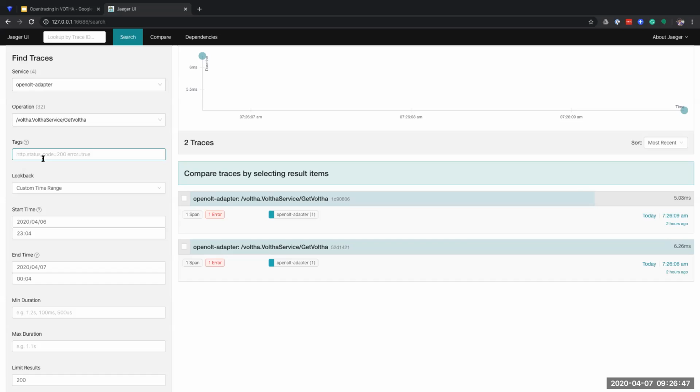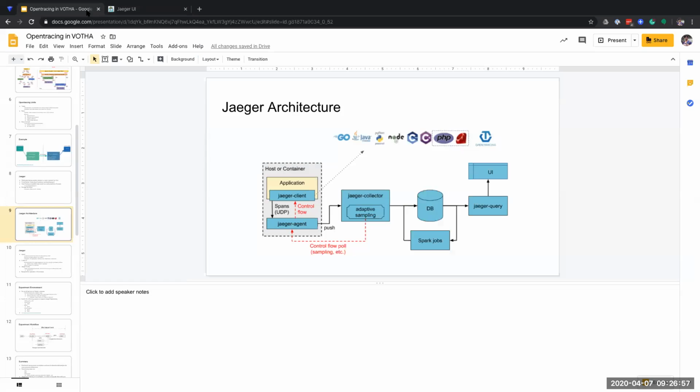Now, for this ID stuff to work, we had that diagram that showed the architecture of all of the Jaeger parts and how we could leave some of them out, like the Jaeger collector and everything to the right of it. We could leave that out in some contexts.